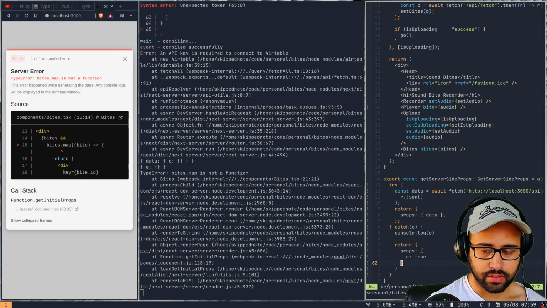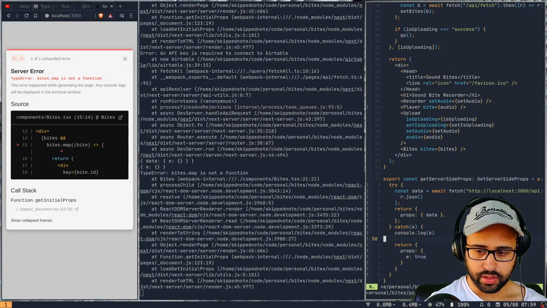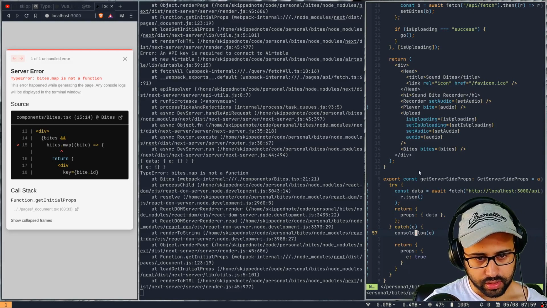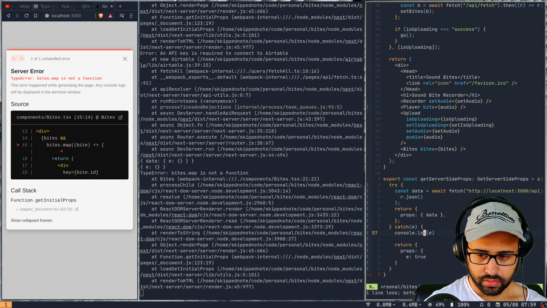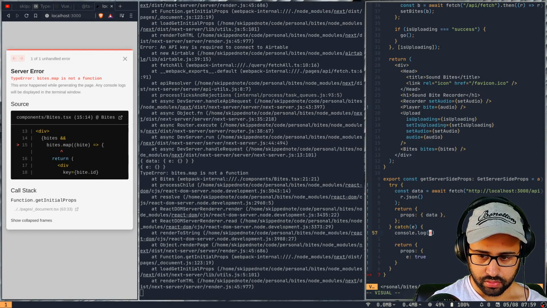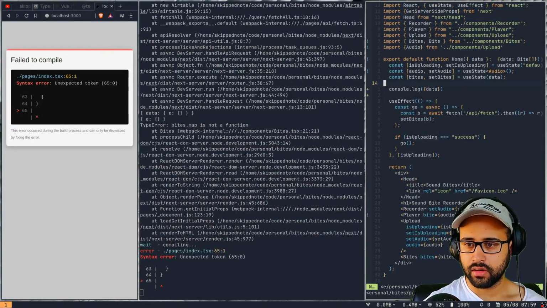Okay, I was just missing a parent. Now I think what we can do is, okay, we are already logging the errors, right? So I can probably just do that, and then up here I can get rid of this log.